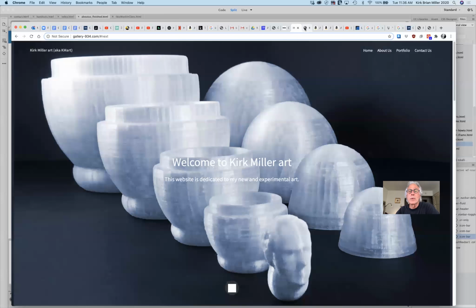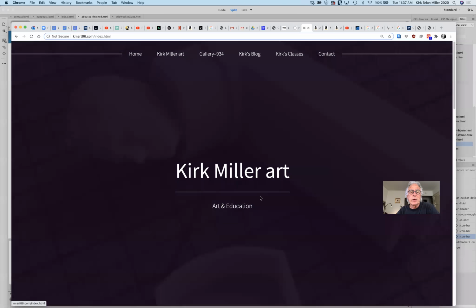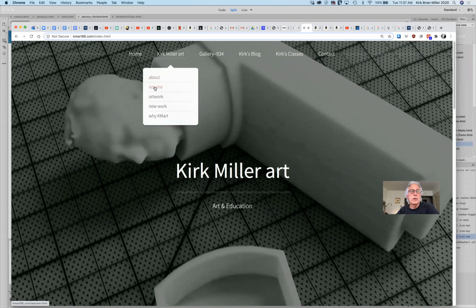The third one will be similar to what I'm doing here. It won't be identical, but if you wish, you can have drop-down menus. Again, I have many more than 4 or 5 pages, but as I did with the others, you'll start with a splash page. You'll have an about page. You'll have a resume page. And then I have more than one